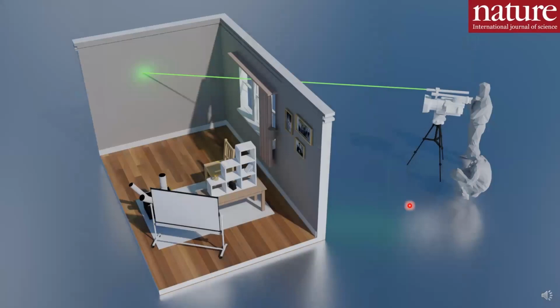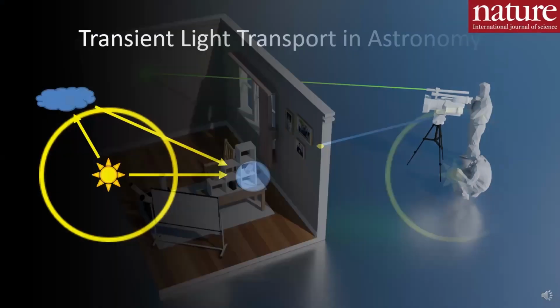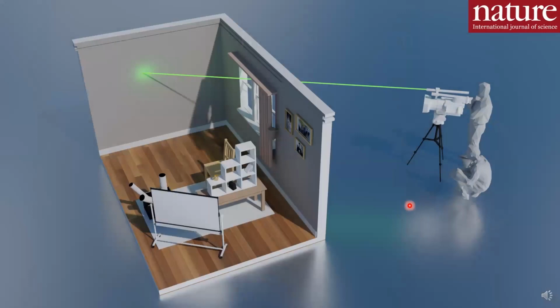But so what we want to do with this transient information was the idea, one of the applications, and the one that I'm kind of focusing on today was this ability to see around corners. So imagine you're standing outside this room here with your imaging system and camera, and you want to know what's inside the room, but all you can see is this boring white wall here.